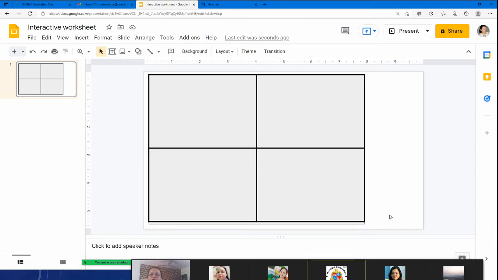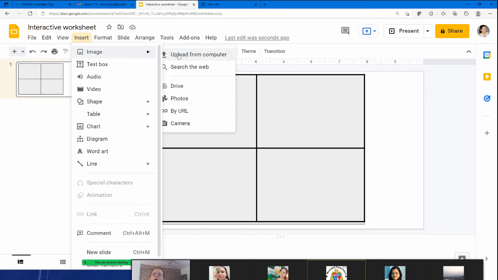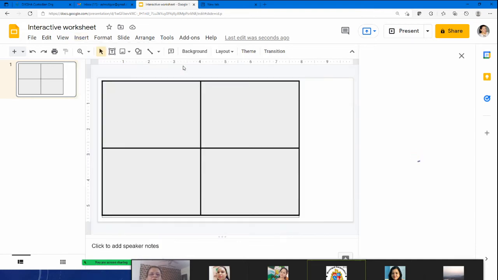Now what we need to do is we have to insert images to it. Once we have to insert images to it, you can just click on insert image. Now whether you want to get an image from the computer or you want to search the web. So I want to search the web for the image. So you can search the image from here only.